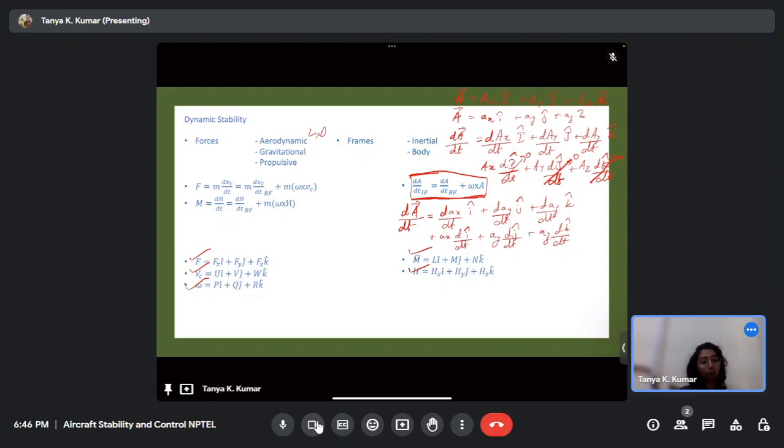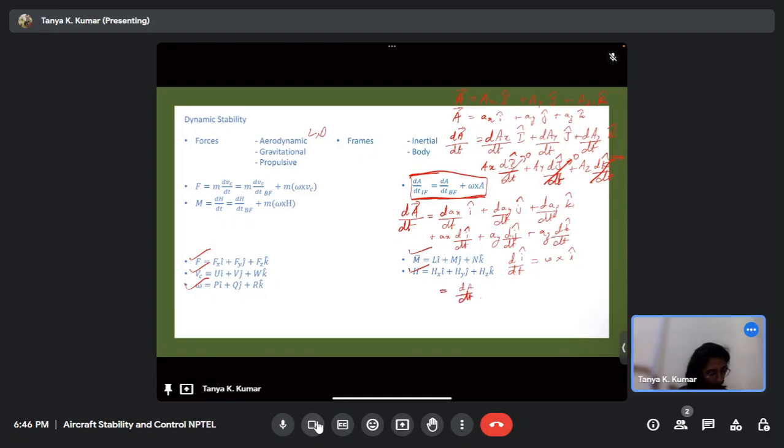Now when a body is rotating in time with an angular velocity omega, the rate of change of unit vectors is given by di by dt equals omega cross i. If the vector i is rotating with the angular velocity omega, then its derivative is given by omega cross i. So when you substitute this into the above equation, what you get is